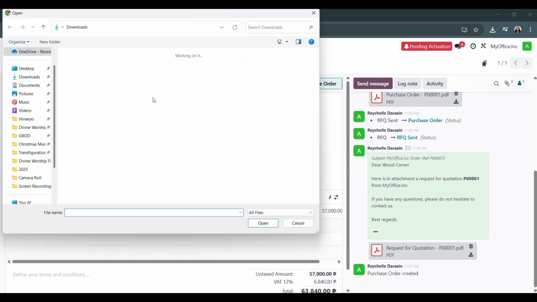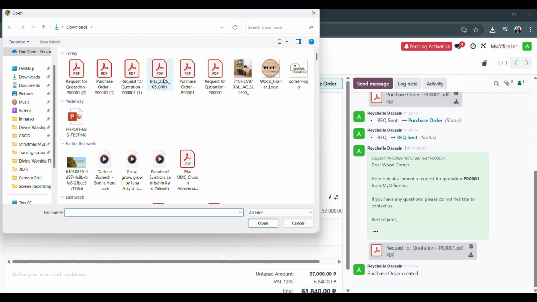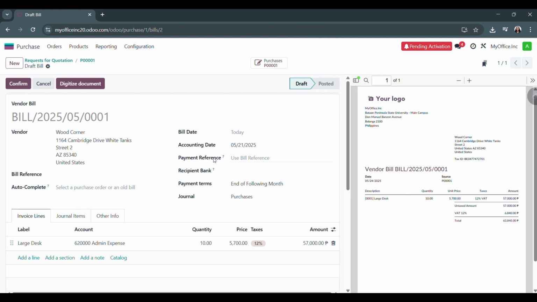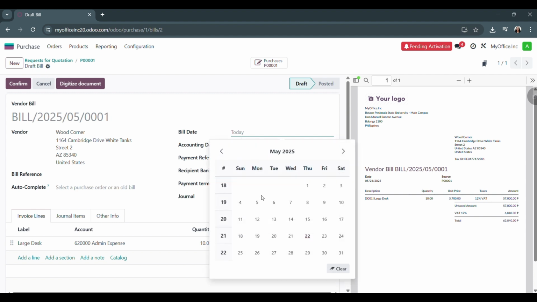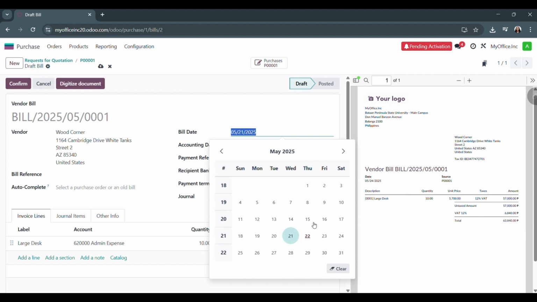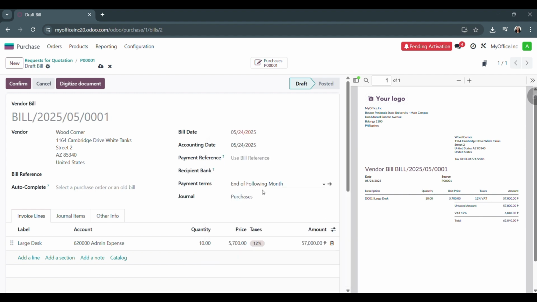Upload bill. Then click the bill. In bill date, change into May 24, 2025. Then click confirm.